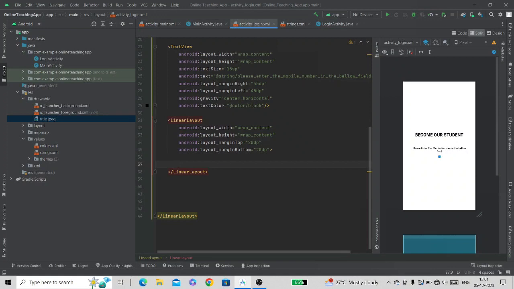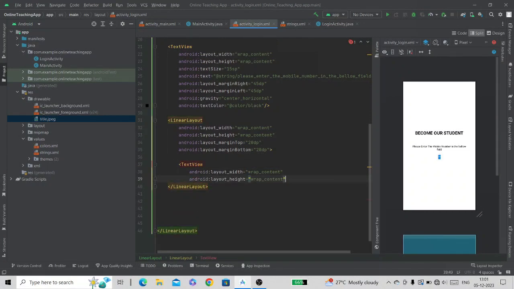Now inside this linear layout we will create the +91 text view. So we will add a text view here. Width wrap content, height wrap content, text +91. We will add this text into the string file. Press Alt plus Enter, click OK.